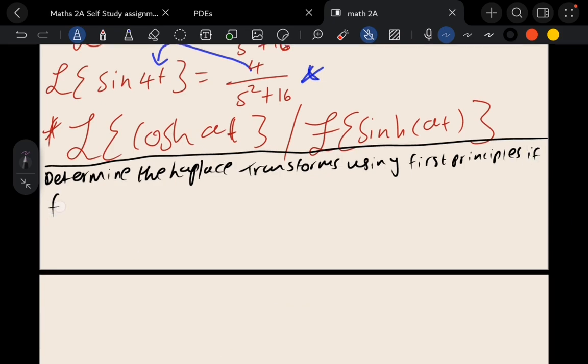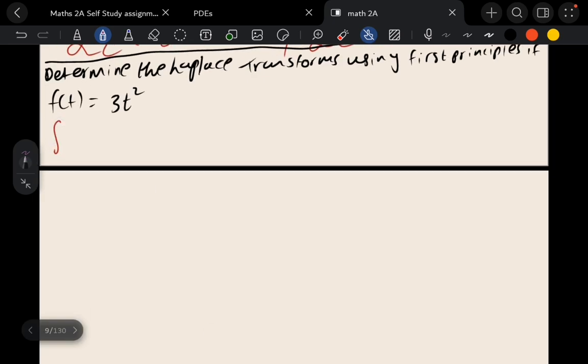If the first one, f of t is equal to 3t squared, how would you find the Laplace transform from first principle using this? So, an integral from 0 to infinity of 3t squared e to the power negative st dt. So to take the Laplace transform of this, we need to place it into this formula, and we need to know, okay, this thing here is integration by parts, so it's SDI,